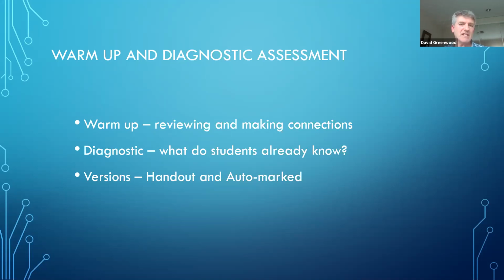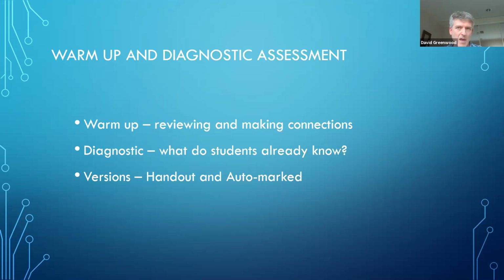Printed into the core series is what used to be called, I think, a diagnostic quiz or a pre-test, which is now renamed as a warm-up quiz, because really these questions are there to review previous content and to make connections with prior knowledge. So these are really warm-up questions leading into the topic rather than a diagnostic test of what they might already